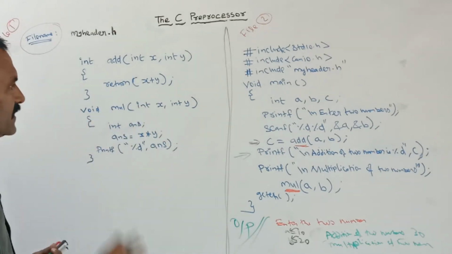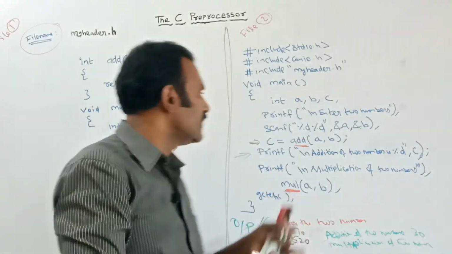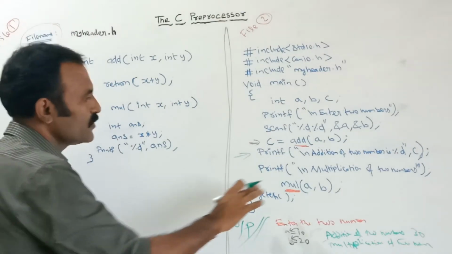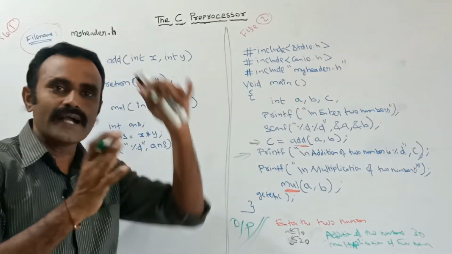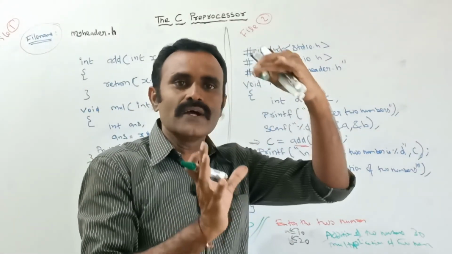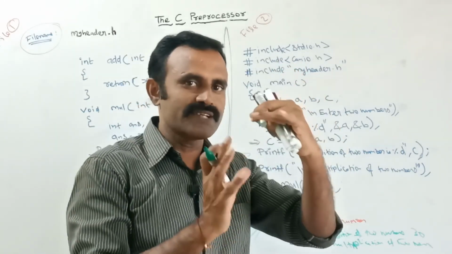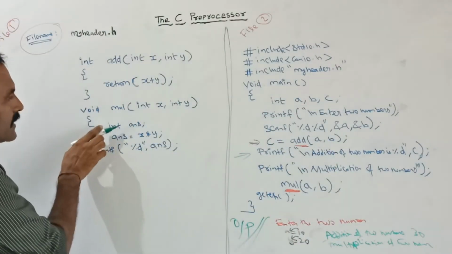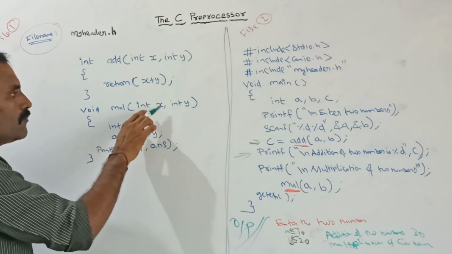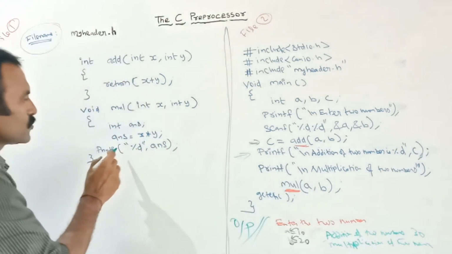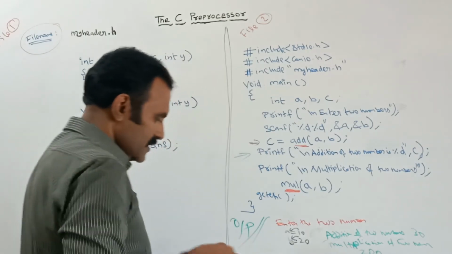Here there is no return value. If there is a return value, we should declare a variable and get the return value into it. As it has no return value, I am directly giving the function name only. The controller goes to that function, the full statements inside the body of the function are executed, and no return value is returned. That is the function we declared as void. Next, inside the body of the function I declared another variable, ans. In ans I multiply the two numbers, 10 into 20, that is 200, and finally the answer 200 is printed. So this is the answer.